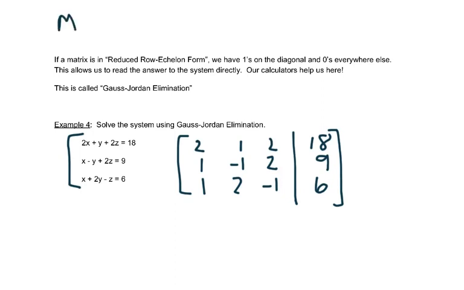In your graphing calculator, there is a matrix button, and you hit that button first. When you hit matrix, it might be a second button and then matrix. You have to arrow over to edit. Edit is the category that lets us enter a matrix into our calculator. So if you go over to edit and then hit enter,